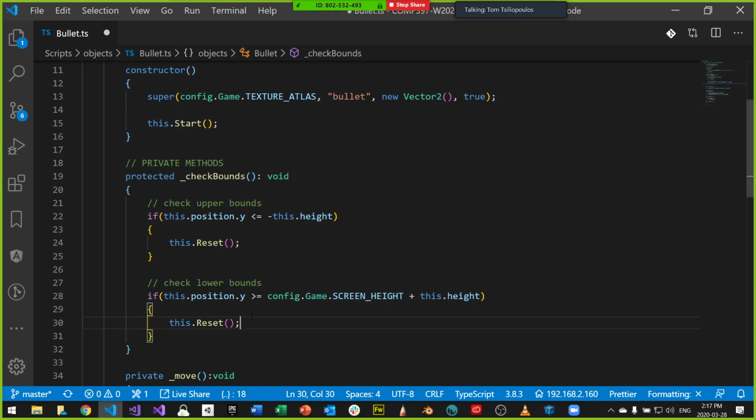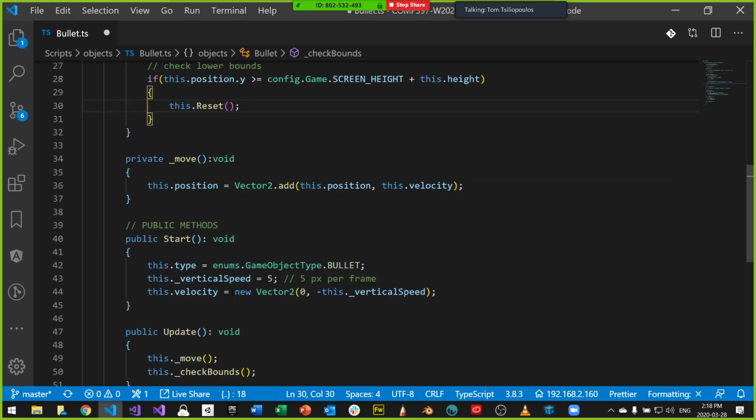How come you're checking for lower bounds? Well, the reason for this is I'm going to want my bullet to be very flexible. What if my bullet class can be used to make a bullet that goes down or up to the sides? Some really weird kind of bullets, right? So for now, I only have 2, upper bounds and lower bounds, but theoretically I can have all the bounds, left, right. So if my bullet leaves the screen somehow, then it resets. That's what it means. Okay. So for now, just these 2.